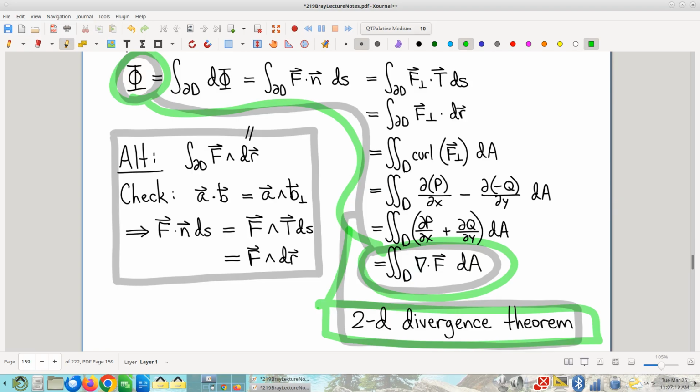So this is basically a spin-off of Green's theorem, right? Of course, we used Green's theorem as a main part of our argument here. That's what passed us from line integrals to double integrals. But this is a totally different result because it's not about circulation. It's about outward-oriented boundary flux, right? And the answer isn't a double integral of curl. It's a double integral of divergence. It's a different result. But it's kind of a twist on Green's theorem.